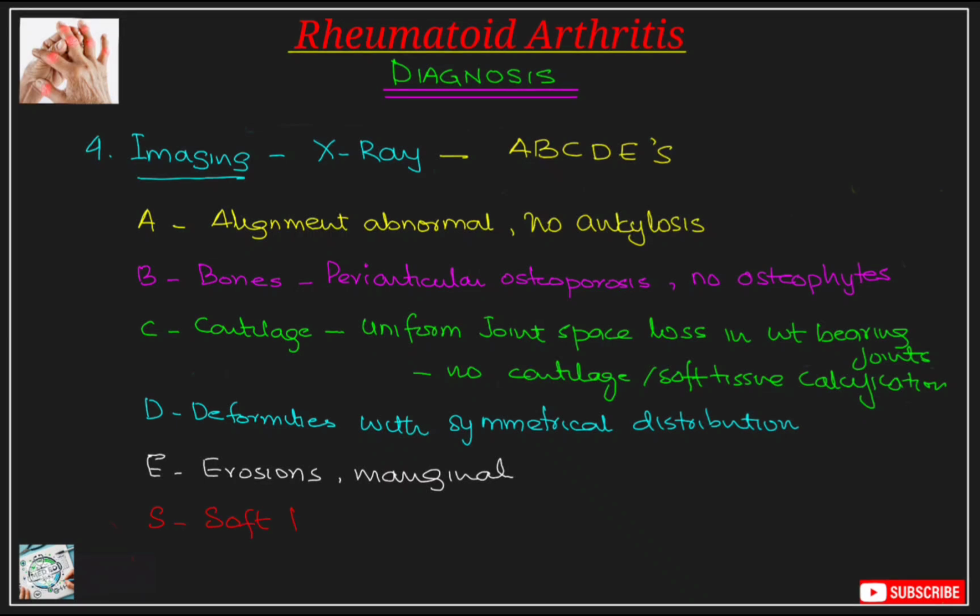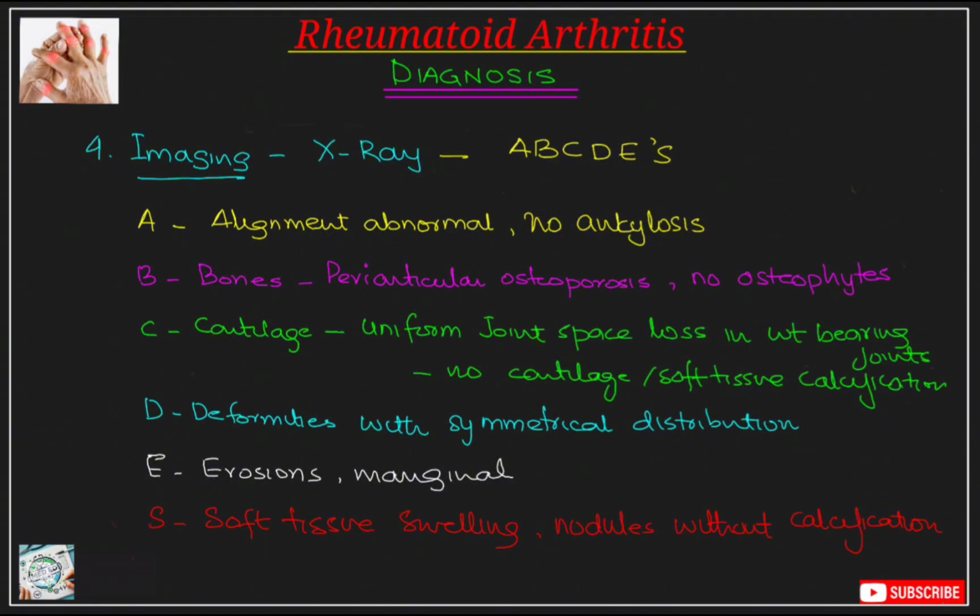And lastly, the S stands for soft tissue swelling. There can be nodules without calcification. Soft tissue swelling in rheumatoid arthritis is due to the synovial inflammation, effusions, and hypertrophy. One important extra-articular feature of RA is rheumatoid nodules, which are firm, non-tender subcutaneous nodules found on the extensor surfaces of the forearm, elbows, and fingers. Unlike nodules in conditions like gout, rheumatoid arthritis nodules do not have calcium deposition, meaning they do not show